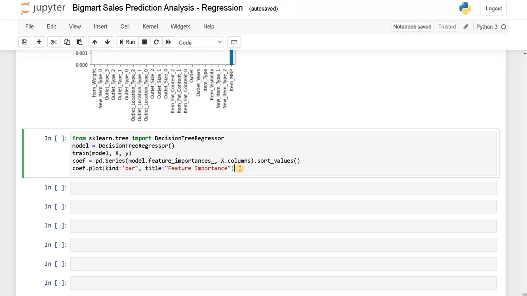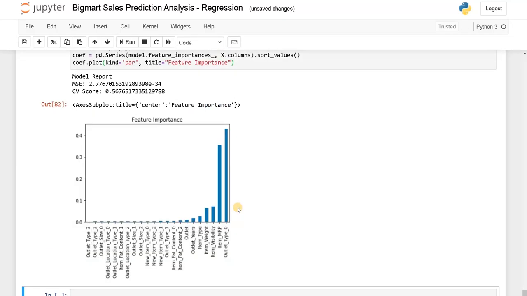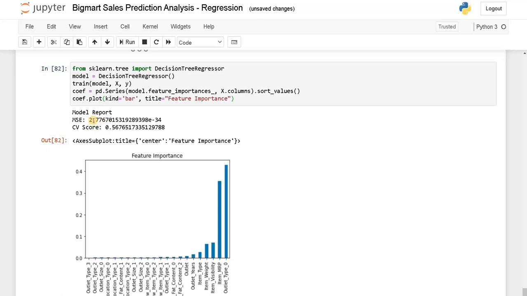Okay, let's run this. Now, as you can see, the MSE has decreased so much. Here you need to see this e power minus 34. That means it trained the model perfectly with the training set, and the prediction on the training set is so much better that the model's error is so much less.